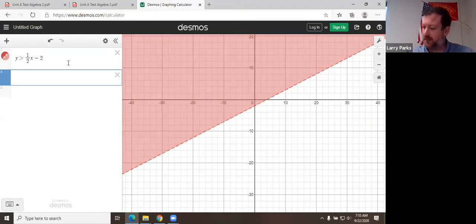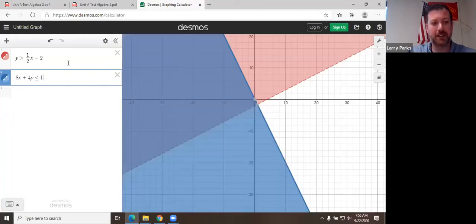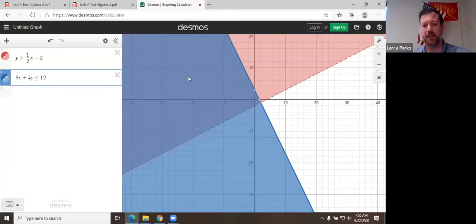And then how did I get the greater than sign? On my keyboard, by the question mark, I have a greater than sign. And then the other one was 8x plus 4y. I'm going to do less than, and then type the equal sign on my keyboard. It's smart enough to do that. That's 8x plus 4y is less than or equal to 12. And notice,